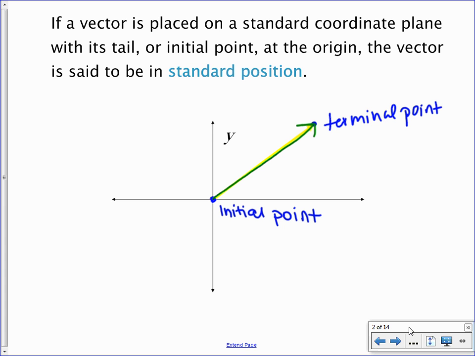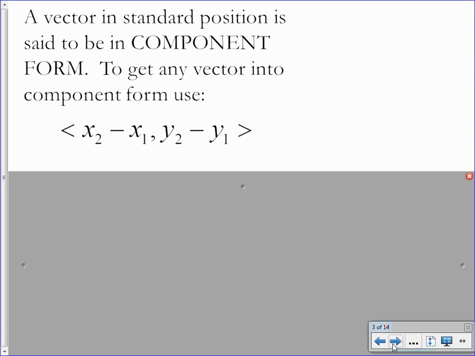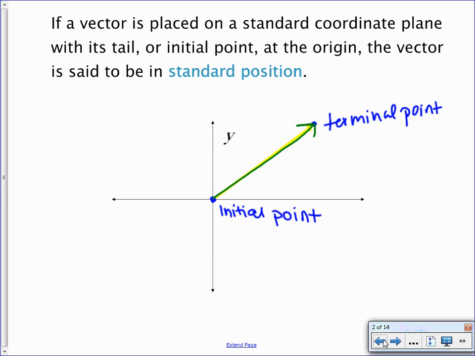There's going to be two different ways to write vectors. Do you remember seeing those chevrons used in the book? They didn't look like parentheses, they were like half triangles basically. The first way we're going to write vectors is in component form. Now, if I want to figure out what component form is, our vector is drawn from initial point to terminal point. So we have to take our